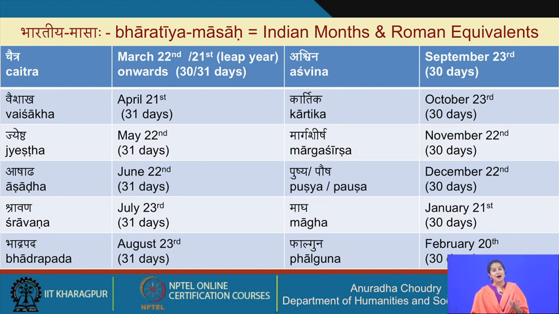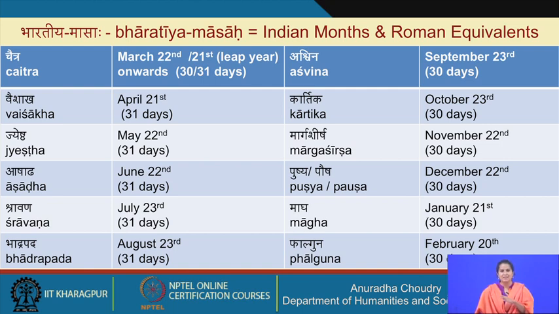Next, Ashwina. I go back again. So after Bhadrapada it is Ashwina, Kartika, Margashirsha, Pushya, Magha and Phalguna. So what you would also notice here is that the Chaitra month doesn't start on the 1st